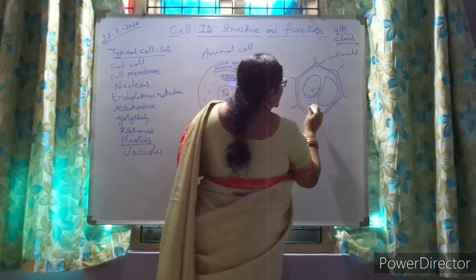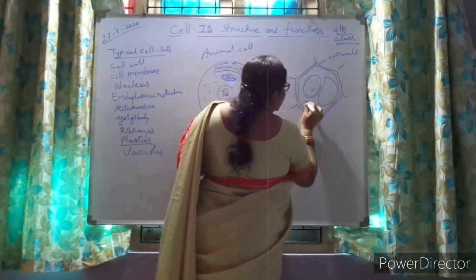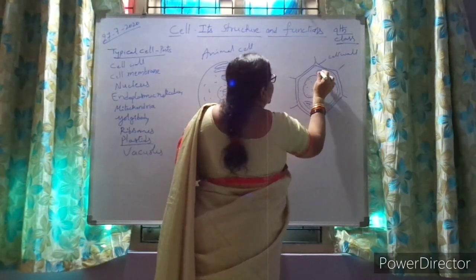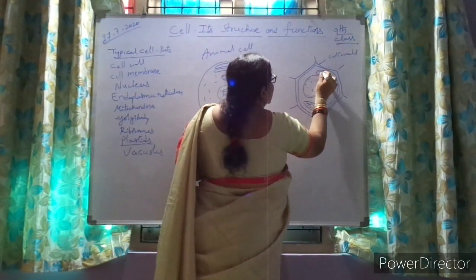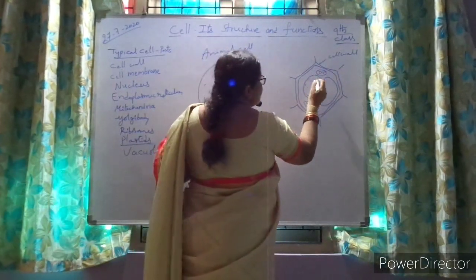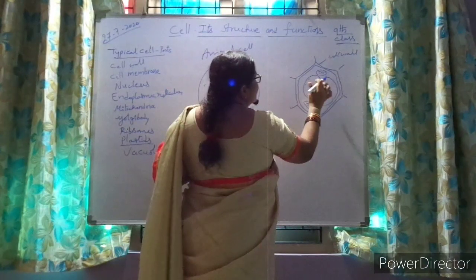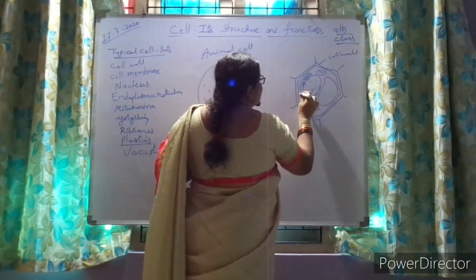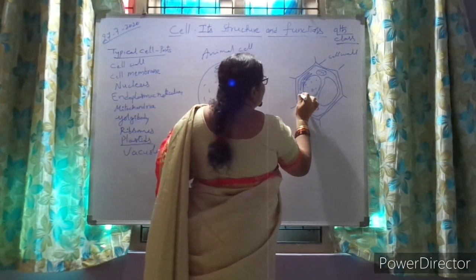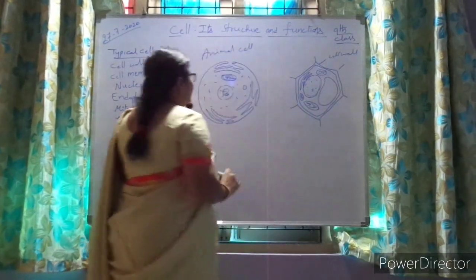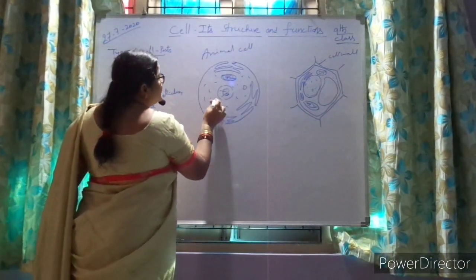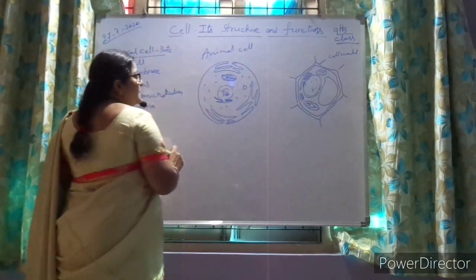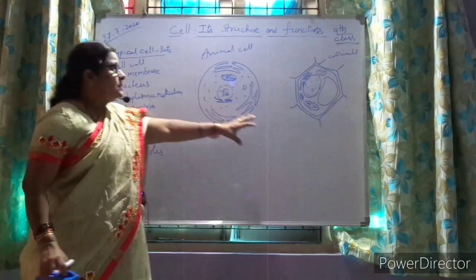Nucleus, and we observe plastids, which are exclusively present in the plant cell. The vacuole is larger in size, and we can see the endoplasmic reticulum. The Golgi apparatus we can also observe. Like this. So now what are all these parts performing?